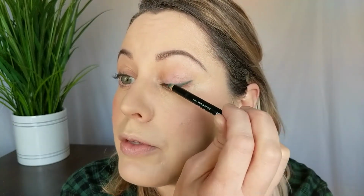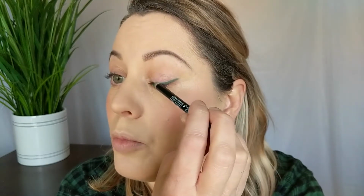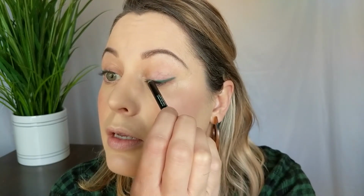So I don't know if I emphasized before the importance of moisturizer on your face when you're doing any makeup application, but especially when you're trying to cover pimples. Some people believe that if you put moisturizer over pimples that makes it more oily and then you're going to break out more, but that's not true. You need moisturizer even if you have pimples,